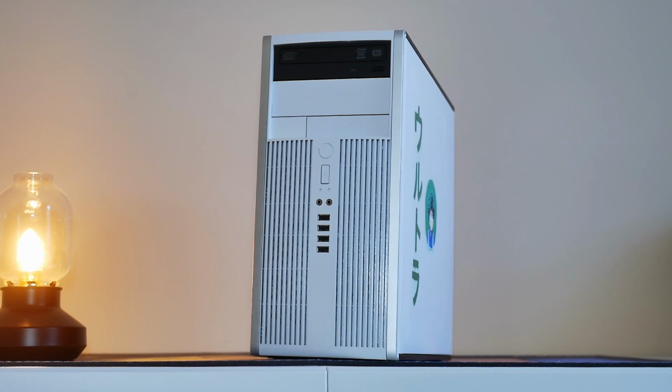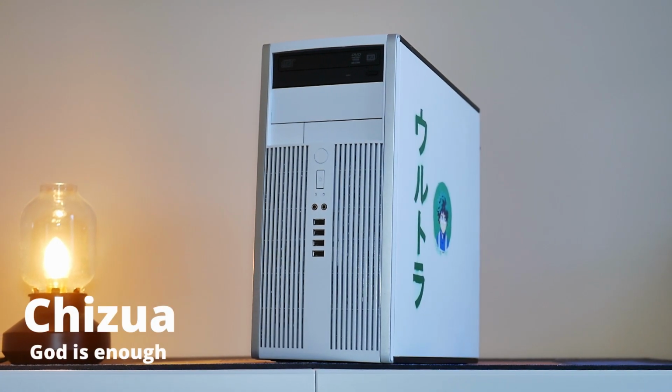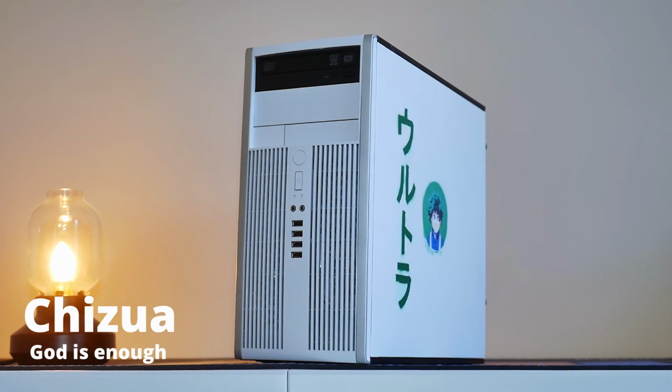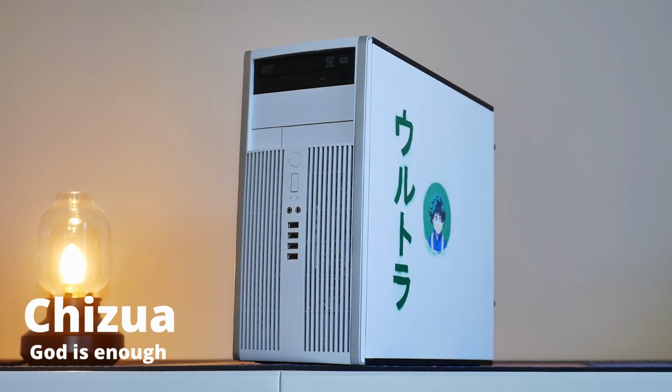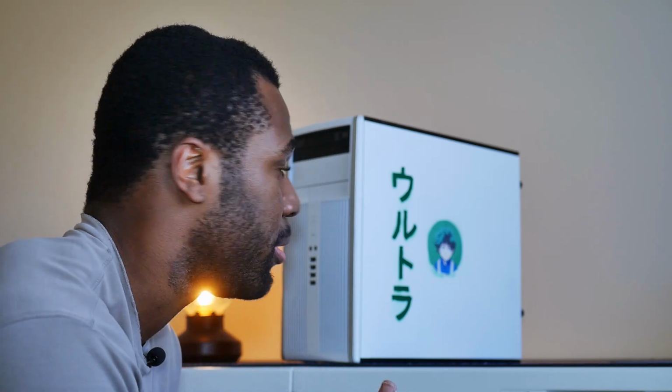Now, with all that being said, I have decided to name the computer Chizue, which means God is sufficient for my needs, because in the time of all this craziness and with shortages all around, we were still able to build a pretty awesome computer, so I think the name is fitting. On top of that, we use parts that are readily available, so you guys can build this too if you'd